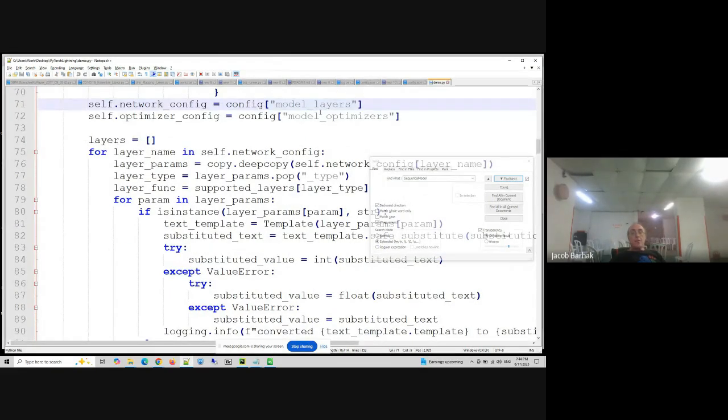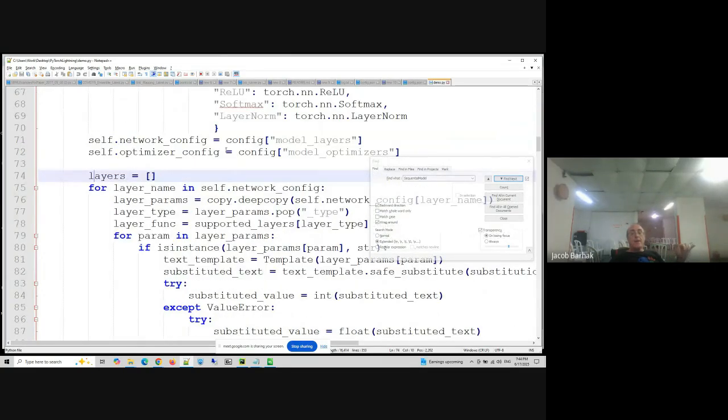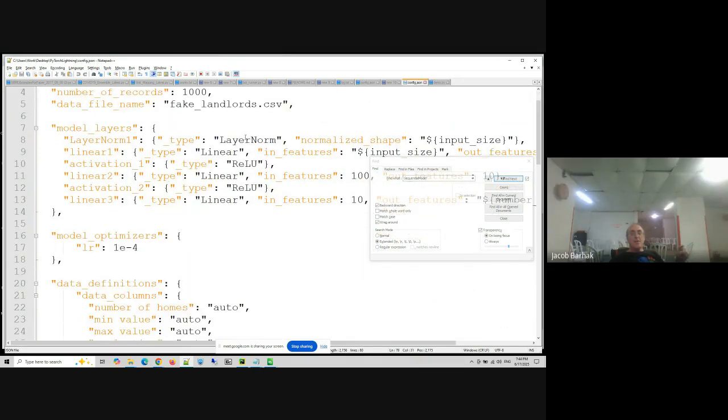The next thing I'm going to do is start with the layers and actually define the neural network. You remember that in the layers I always had a type. Here, I'll show you the code. Notice I have a type of layer, which means what kind of layer I'm going to use. Then there's the shape of the layer, where you always have to tell it how many elements. But notice here in the shape, I have a string. It says input size. Input size is something that's defined actually by the data.